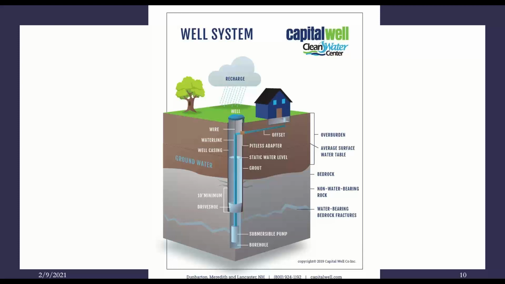Your average well depths in the state of New Hampshire, the shallowest you see is about 100 feet, and they can go in excess of 1,500 vertical feet to try to find fractures down in the bedrock. So this casing acts to protect the well from contamination, and it also holds back this overburden. The overburden material can be anywhere from sand to till